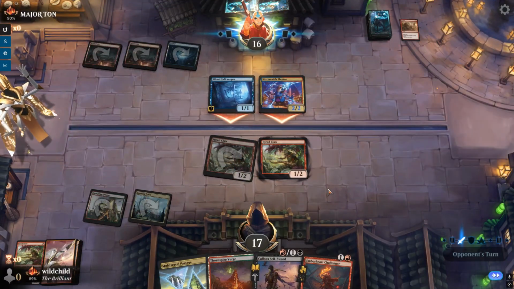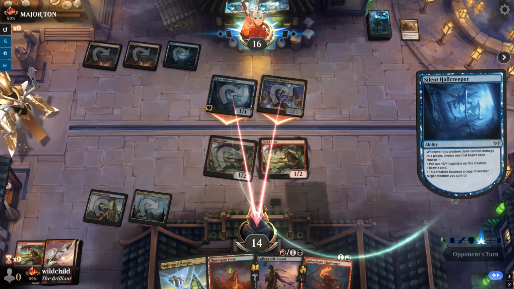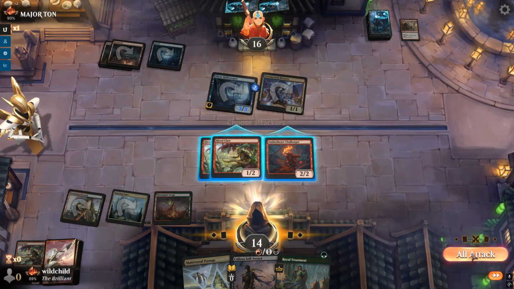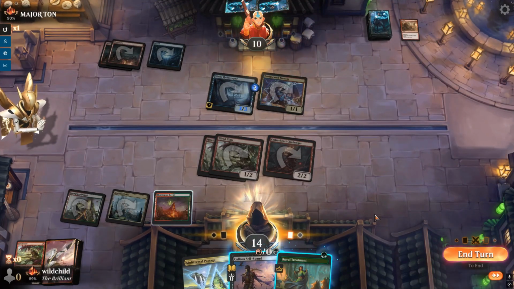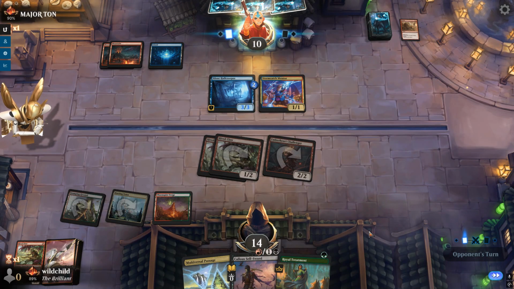So he went for the removal, which is still fine. He's going to race me to the face and goes for a 3. So we know that. In that sense, we're just going in for more and more damage. So we're really trying to win the race here, keeping the Royal Treatment as a hexproof just in case. And we're already